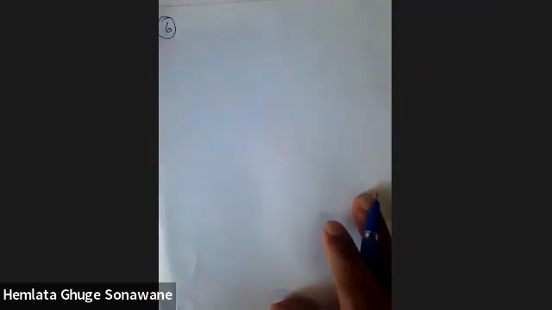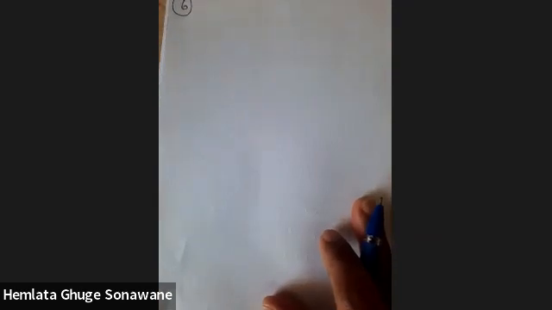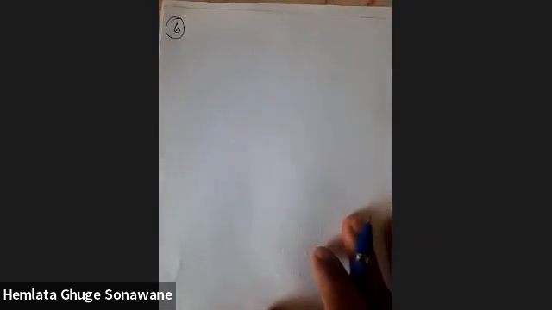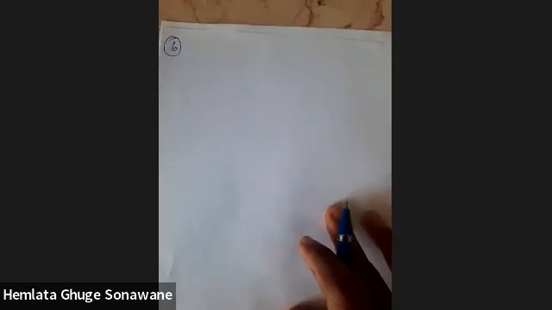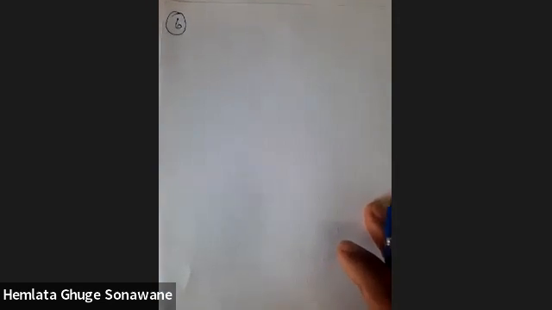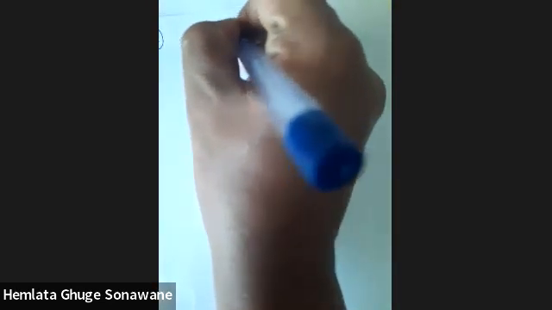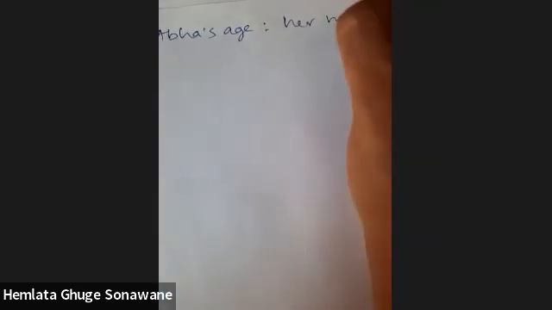We'll take question number 6. The ratio of the present ages of Abha and her mother is 2:5. At the time of Abha's birth, her mother's age was 27 years. Find the present ages of Abha and her mother. Now, their present ages ratio is given. That is Abha's age as to her mother's age